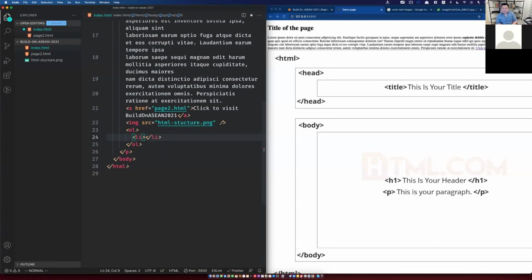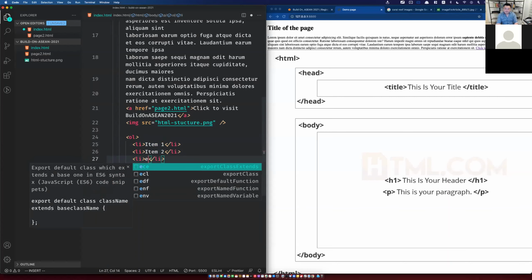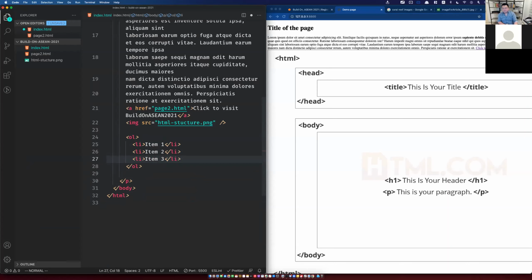What this is for is it's used to provide individual items. If you have 3 items, you have to create 3 of these, like this. And individually, you have to provide the content of each item. Let's say I'm going to write item 1, item 2, item 3. So if I save this without any changes, just bare bones, OL and 3 list items, save,